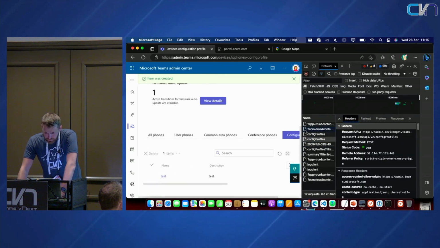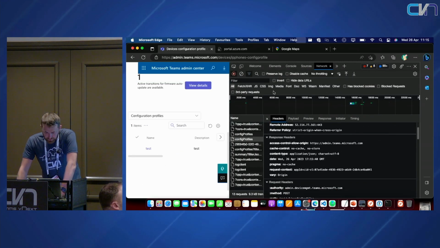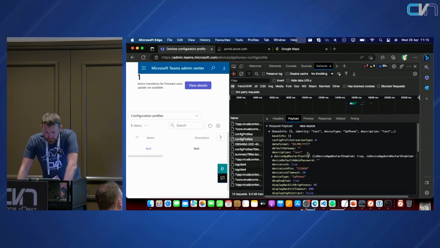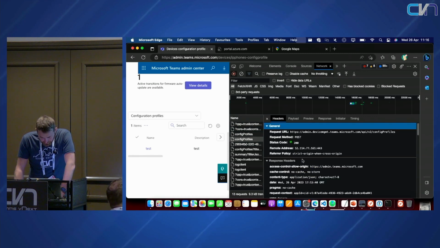you see here there's a POST request, and the URL is configuration profiles. If we take a look at the payload, you see all the information it sends over to the admin portal. You have device clock, pin code, timeout, and all that, and the device type and such. So you can add Teams panels also, for example. So if we grab this token from here,